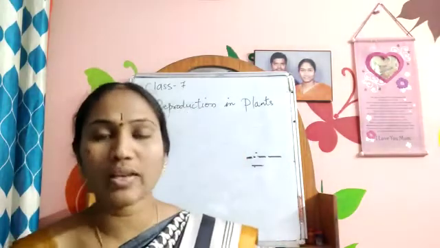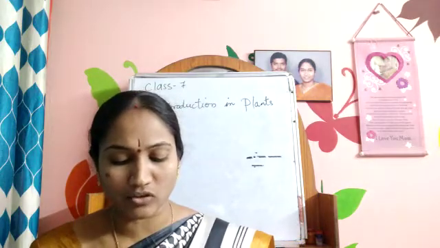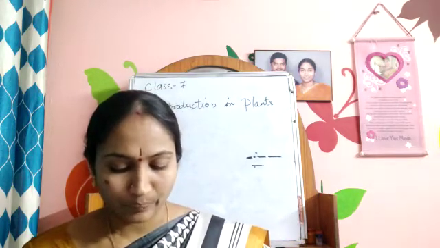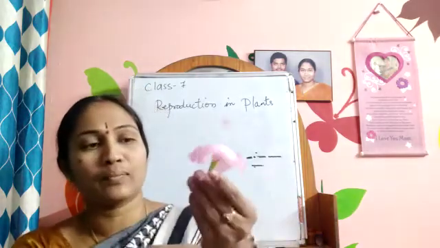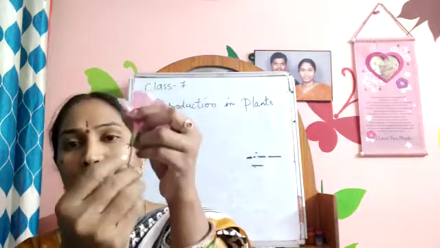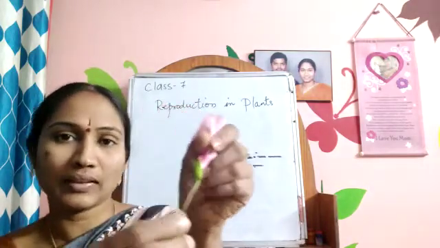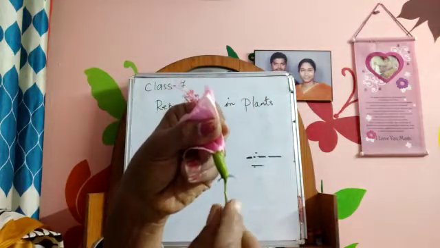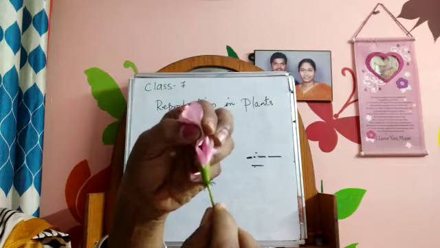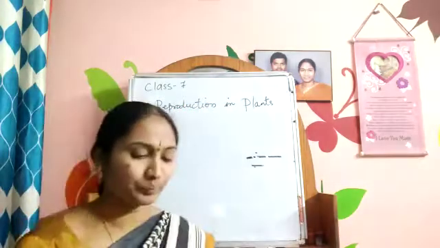Now next we are going to see about the calyx. Let us observe the part that comes just above the thalamus. There is a green tube-like structure called calyx. The edges of the part towards the petals have thin leaf-like structures called sepals. So these are called the sepals. They are very thin. I think it's very clear for you. These thin structures are called sepals.